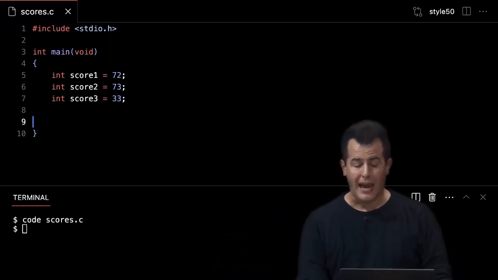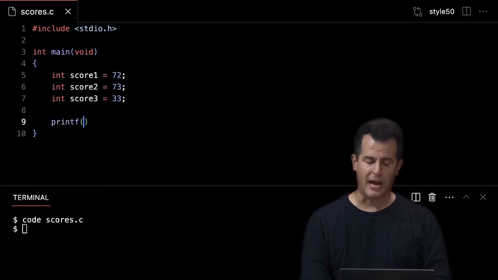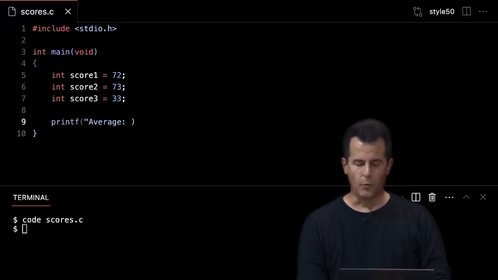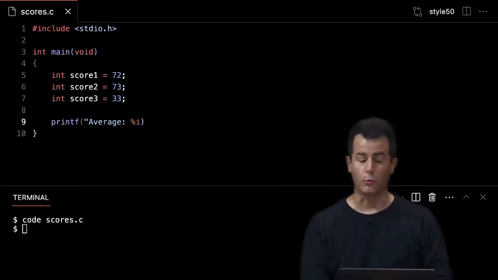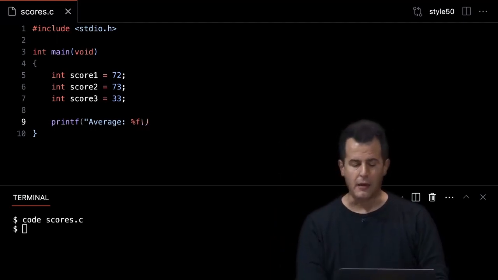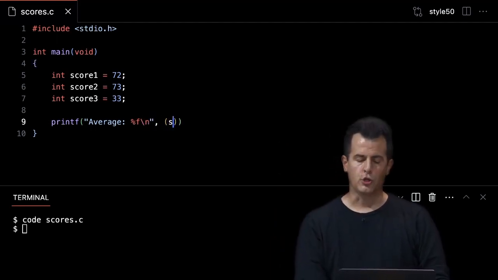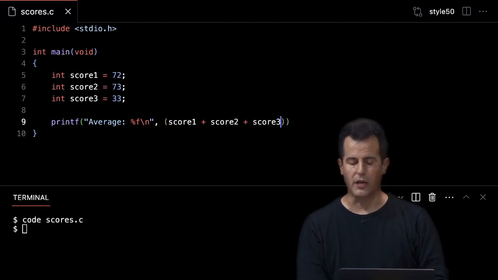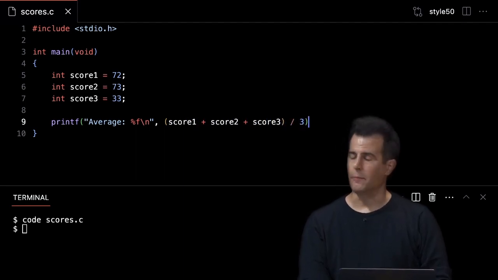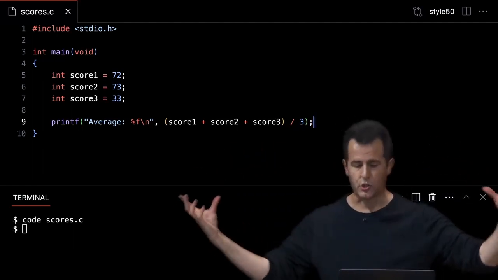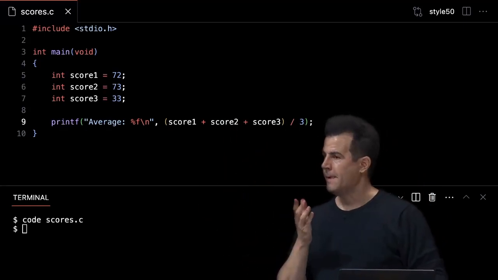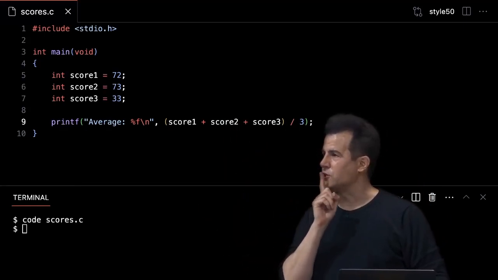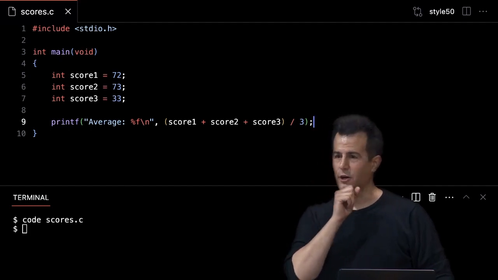Now, if I want to figure out what my average is, I can do a bit of math. So let me just print out that my average is, and I don't want to shortchange myself. I'm not going to use %i because I don't want to lose even anything after the decimal point. So I'm going to use a float instead. And my average, I claim, will be (score1 + score2 + score3) / 3, semicolon. With parentheses, because just like grade school math, like order of operations, I parenthesize the numerator so I can divide the whole thing by 3. But I have screwed up already. I am going to shortchange myself and not give myself as high a grade as I deserve. But this one's subtle. What have I done wrong?